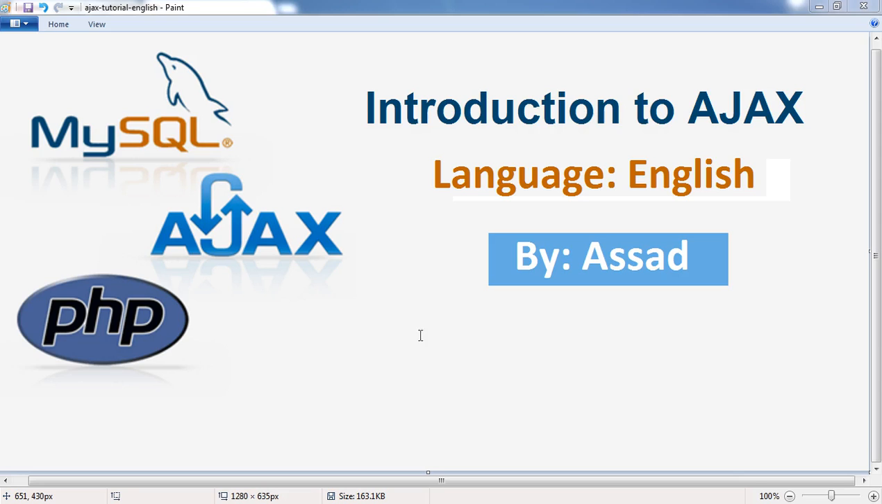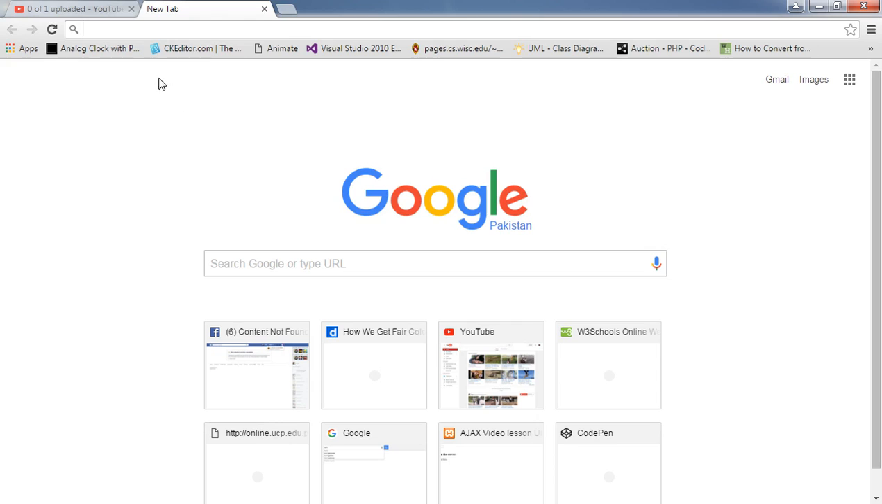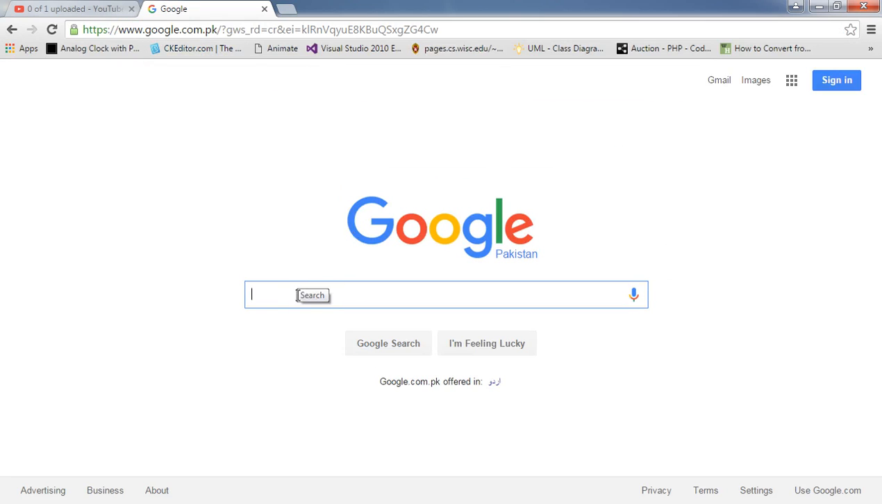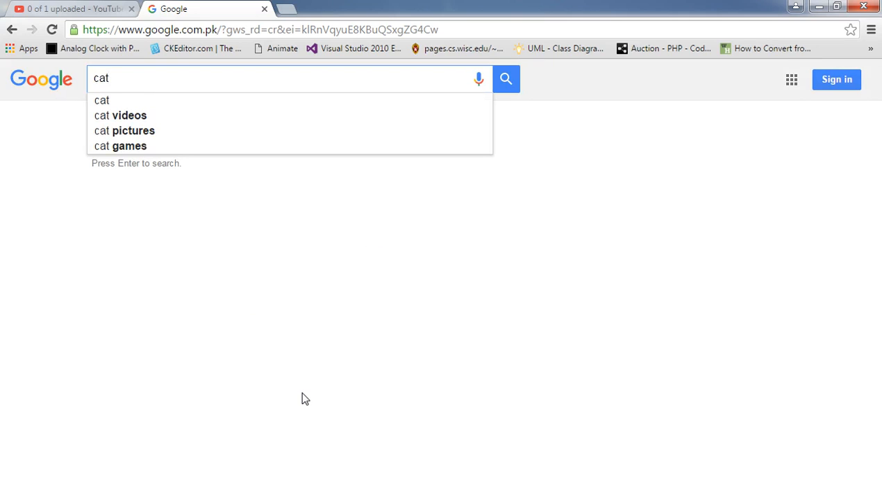I think I should show you a live example of Google. Google.com. This is the Google search engine, as you know, and this is the input box where I have to type the search query. I'm going to type cat. It's a live search and you can see the search suggestions. The first ones are cat, cat videos, cat pictures, and cat games. This data is coming from a database. As you have noticed, the page did not refresh and Ajax is interacting with the database behind the scenes,